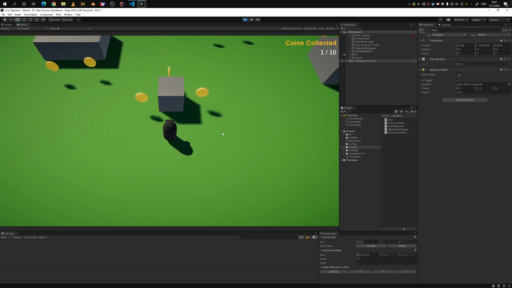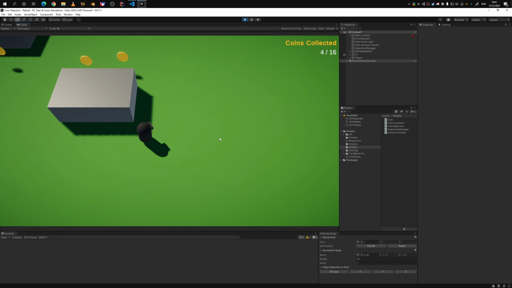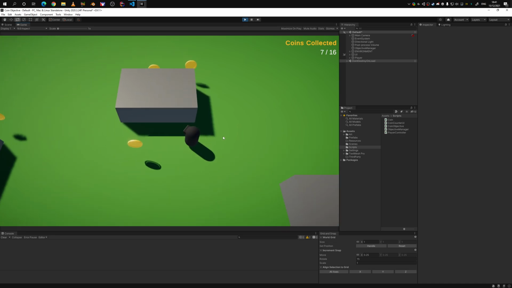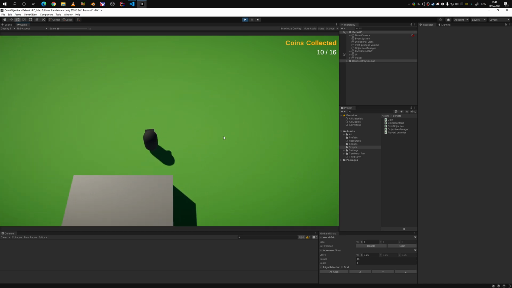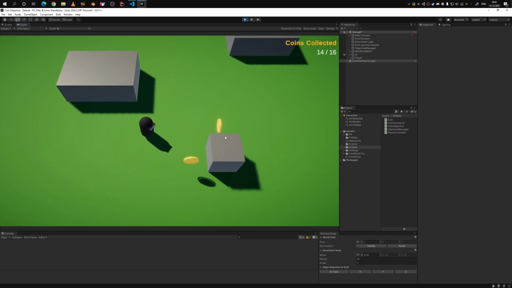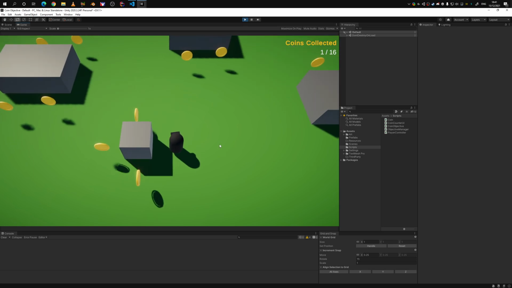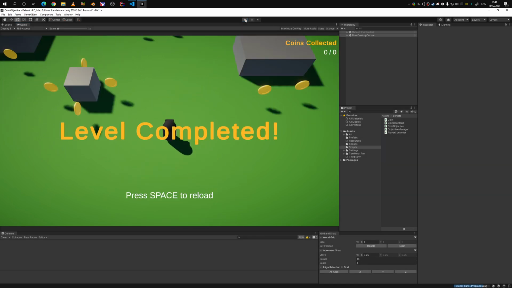We're going to walk around, and whenever we collect a coin, the text automatically updates, and we just continue to collect things. And when we collect the last one, input is locked, and we get a completion screen, and that's about it. We're gonna hit spacebar and try again. So yeah,